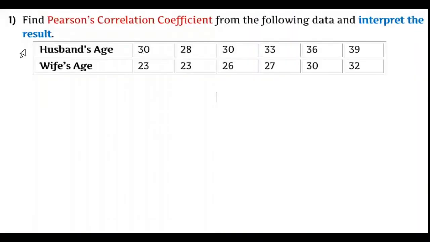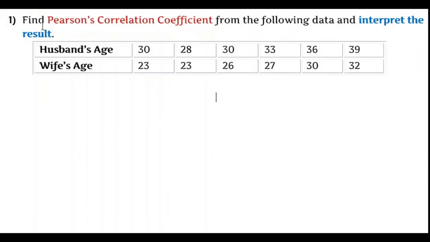In our earlier video, we calculated the correlation coefficient using the covariance and the standard deviation values of x and y variables. In this video, we will be discussing how to calculate the correlation coefficient when the actual values of x and y variables are given, using Karl Pearson's product moment method. So let us start our illustration for the day now.